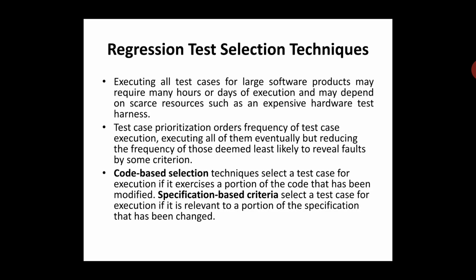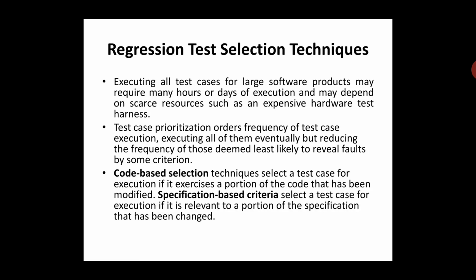And also we need to reduce the frequency of execution. There are different kinds of execution, and different kinds of techniques for that. We have code-based selection techniques, which select a test case for execution if it accesses a portion of the code that has been modified. And another one is specification-based criteria. It selects the test cases for execution if they are relevant to a portion of the specification that has been changed. So code-based, in the sense,